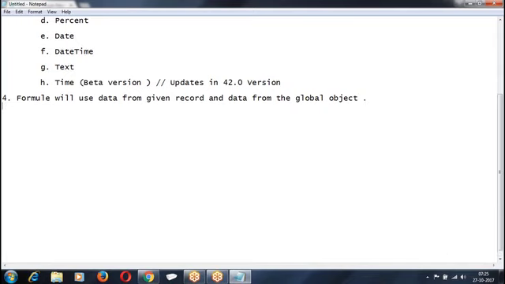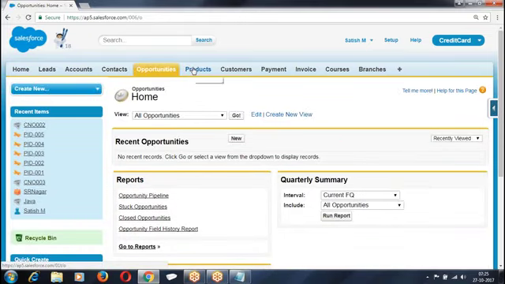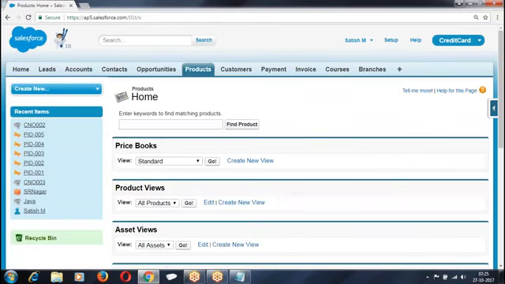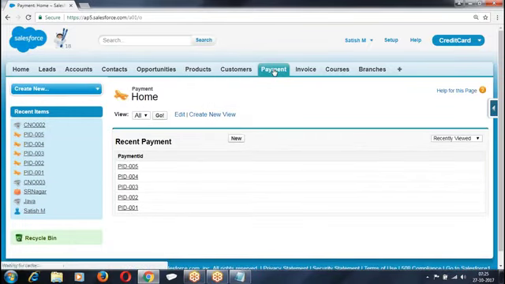When you say data from the global object, what do you mean by global object? The global data. Once I log into my page, look at this. Satish logged into Salesforce. Once Satish has logged in, he may be working with any other page. It may be an opportunity, a product, a customer, a payment. He may be working with any one of the objects, or any one of the pages.